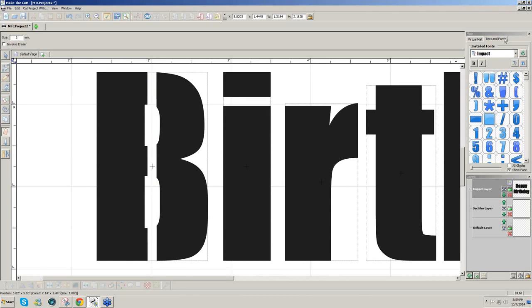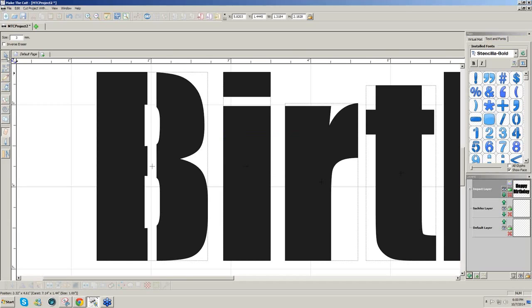Otherwise, you can select a stencil font. So if I click on this down arrow, I go down to the S's. I have several stencil fonts right in my folder. ST, there's Stencil, Stencil STD, Stencilia, Stencilia Bold. So let's say I take this one,